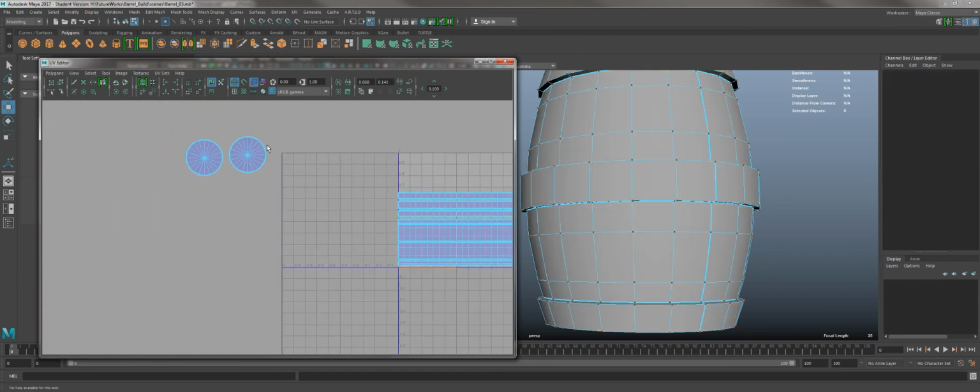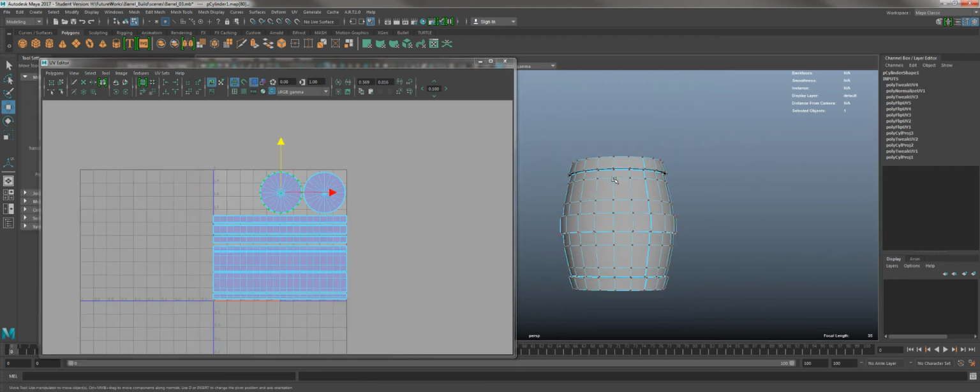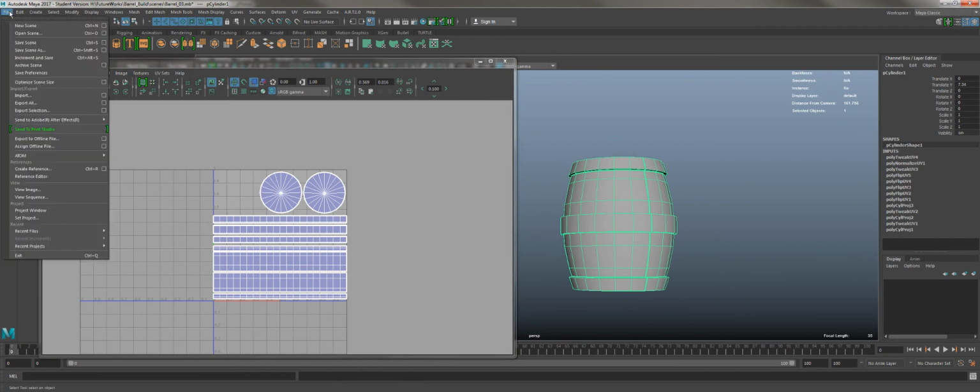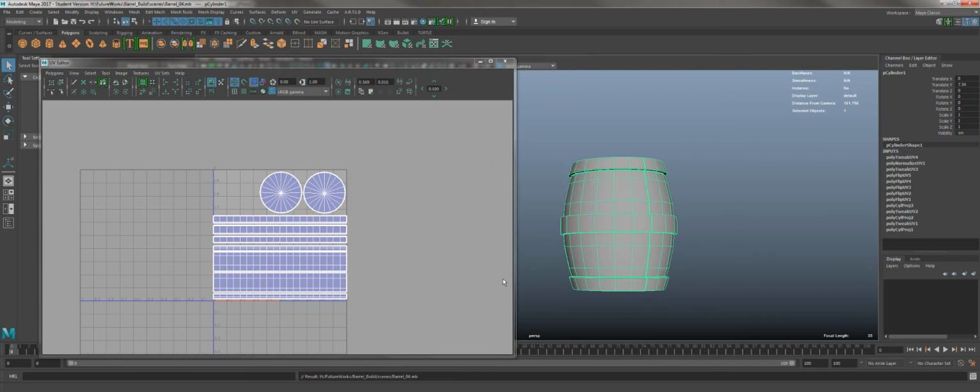And then I'm going to grab my tops and bring them in. So there we go, and then make them fit in as best they can. There we go. And that's it. That's our barrel done. So I'm going to do a save. That's our barrel done and UV'd,